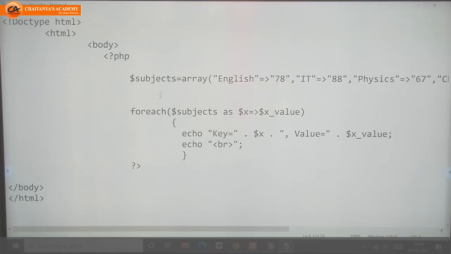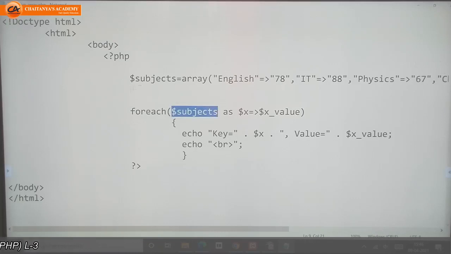For this array, if you want to print it from beginning to end, then you need to use a foreach statement. As I already told you, we'll see the foreach loop in arrays. So for foreach we are going to use here foreach into bracket the name of the variable which you want to go from beginning to end.